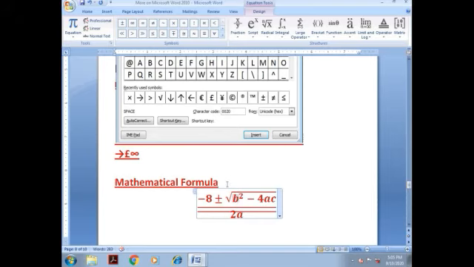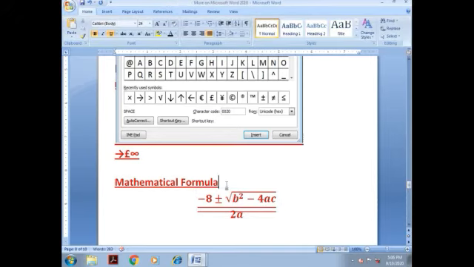We can write all scientific equations and formulas by using this Insert Equation. In Insert Equation, all these features are there. You can write integration, matrix, e to the power of x, fraction, it will be of the form x by y.